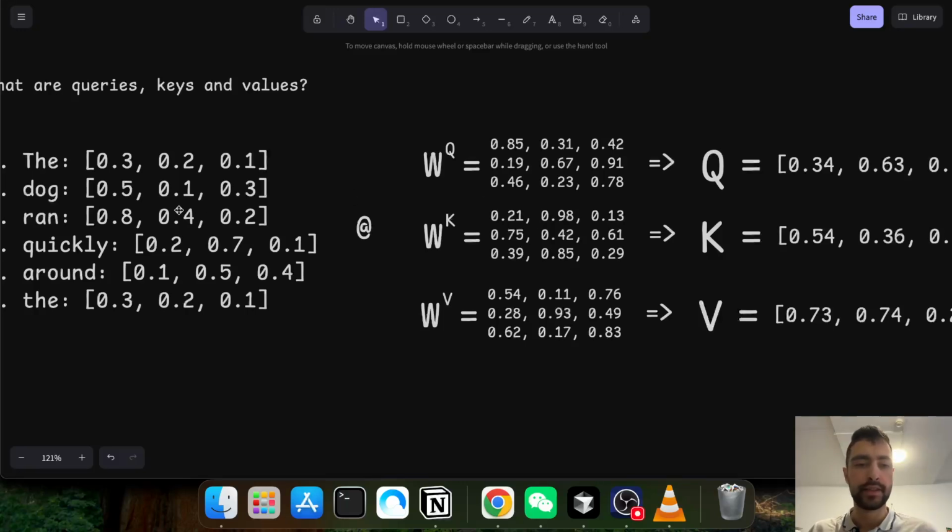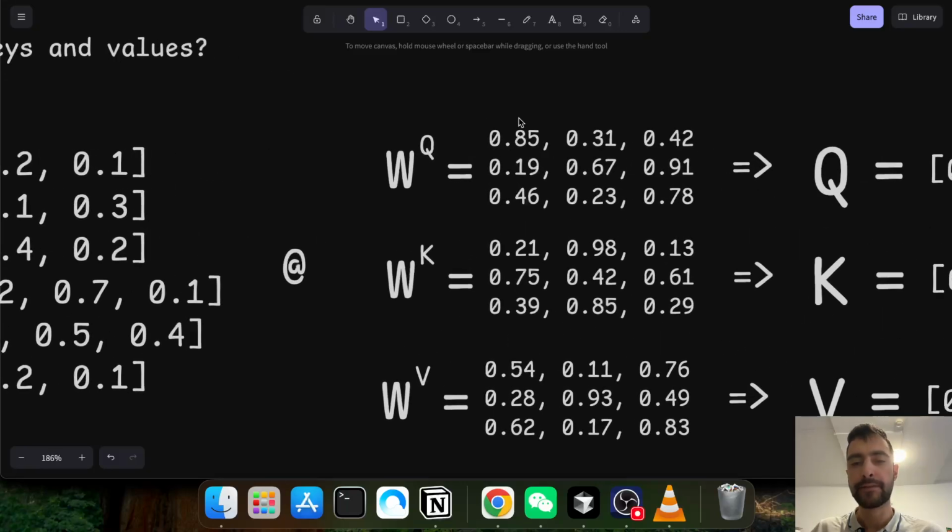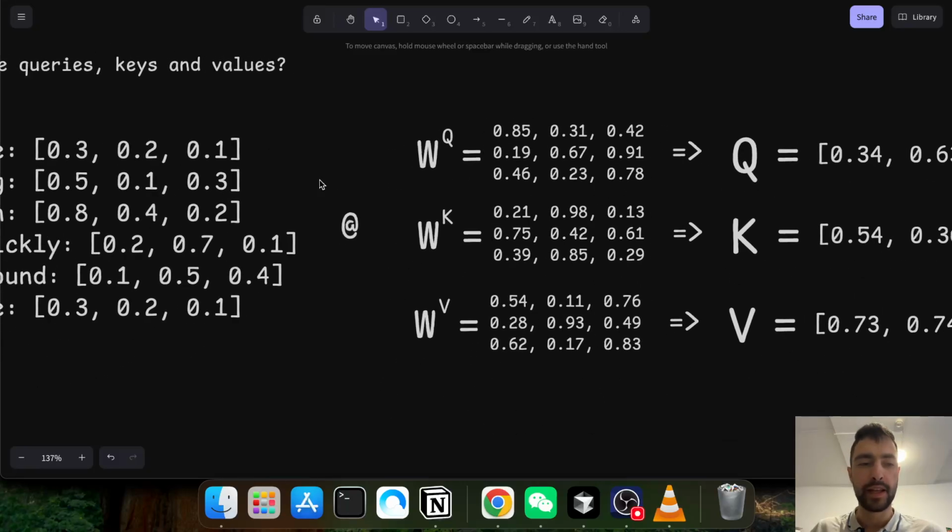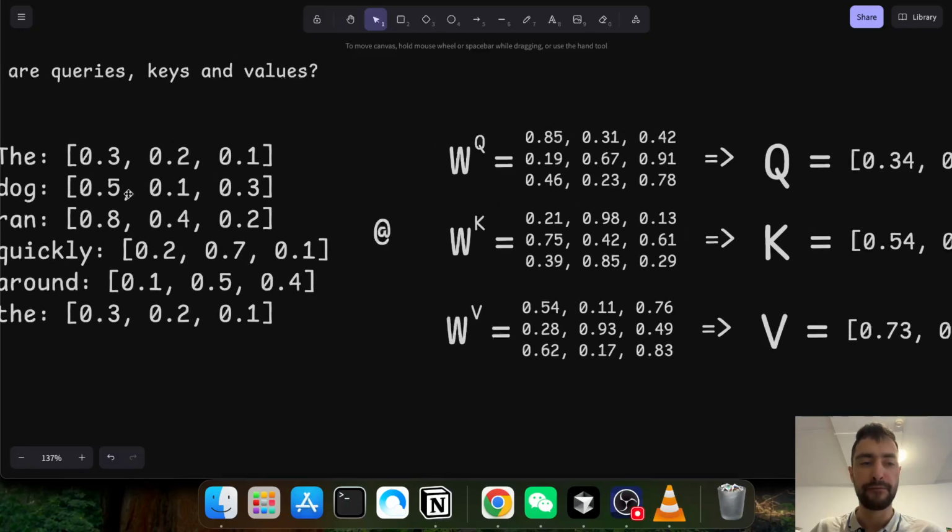Okay, so we know that when we are multiplying this vector with this matrix, this row gets multiplied with this column to produce this first number here. And then the same row with the second column produces the second number. That's how matrix multiplication works. So what does this matrix do intuitively? You can imagine it like this. The first column will take the whole vector, the whole token,